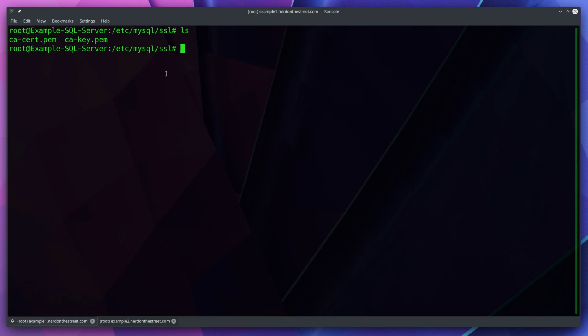So at this point, we now have our certificate that we just created using the key, and those are both for our certificate authority. So now, like I said, we need to create a key and certificate for our server. So to do that, we'll run openssl req -new -newkey rsa:4096 -nodes -keyout